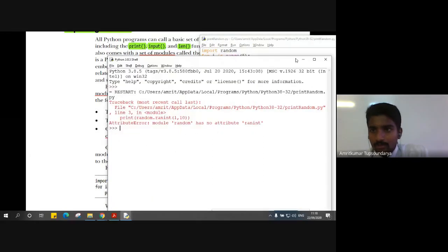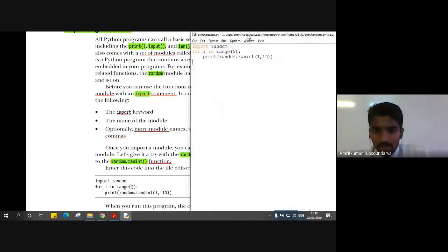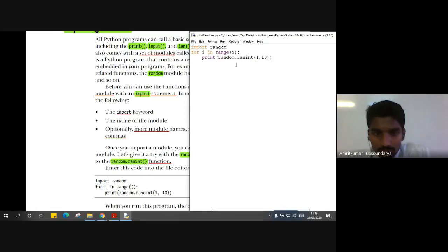So let me go back. These are the things that happen when we do a hands-on experience, right? We will encounter errors which we have never faced, which we feel like it will work, but when we implement it, only then we can see the difference, right? So as you can see, I have made a small mistake in calling the function.